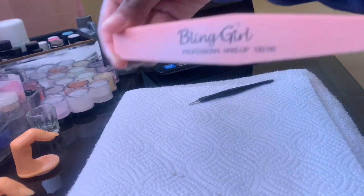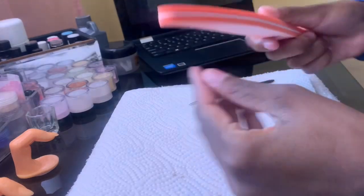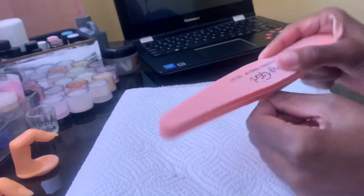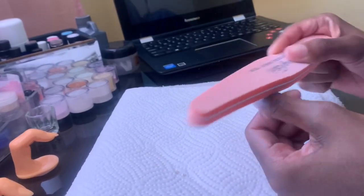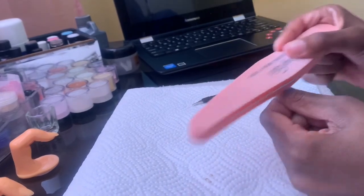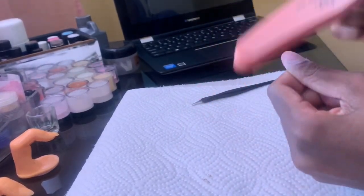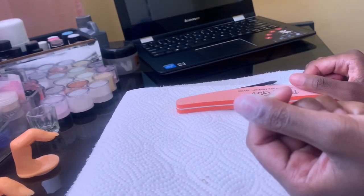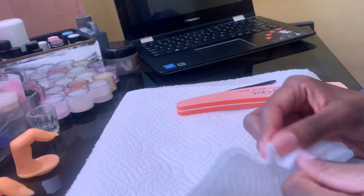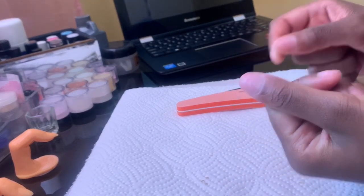Okay, so now that we're done with that, we're gonna take our, what's this thing called again? Buffer, and we're just gonna remove the shine on our nail. If you do have a nail file that has a harsh side and a less harsh side, you can use the less harsh side to just remove the shine. We're not trying to file the nail down or anything, just removing the shine, and then we wipe with whatever you've got to wipe. I don't have a nail brush, so I just improvise,